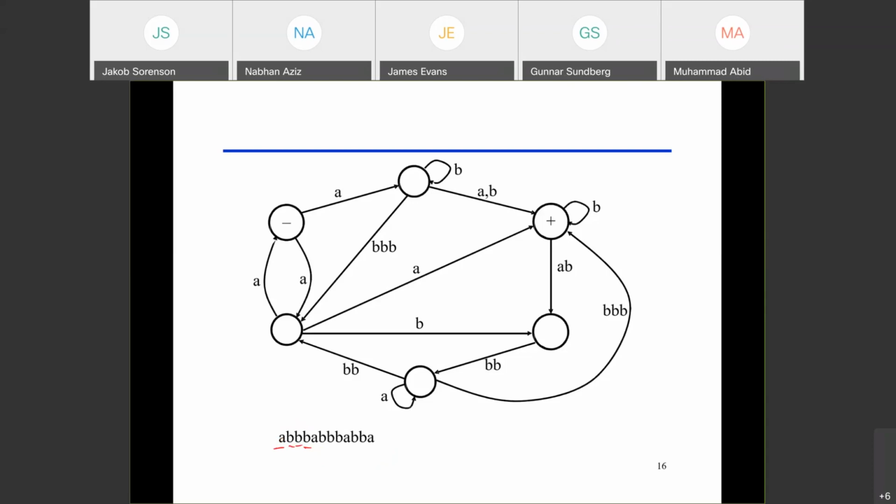So we have no idea how we break this. Should we go A and B, or should we go by three B's because it has three B's here? So we need to see what factor suits you and leads you to the final state. We make a factor accordingly, and then we will say whether this word will be accepted or rejected. If rejected, it is fail or crash. But it looks quite impossible with the human naked eye that we can do that. So we need a method and